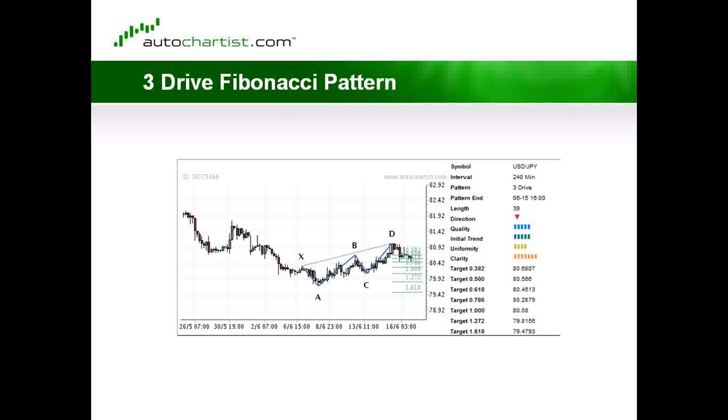If one is developing in the marketplace, AutoChartist will try to identify it and lets you know ahead of time in the emerging section where the market can go and where this turning point can be. And once that takes place, you'll be able to either anticipate and trade ahead of the crowd, and then maybe be in the market before the crowd actually helps turn the market lower. So in this case, the same principle is applied. After point D is formed, the market is looking for a retracement at a minimum of the last leg, C